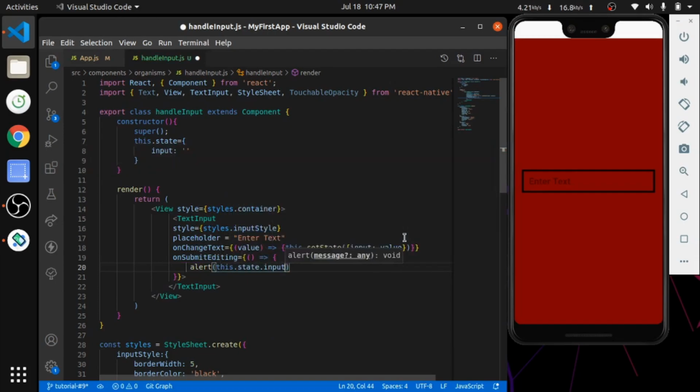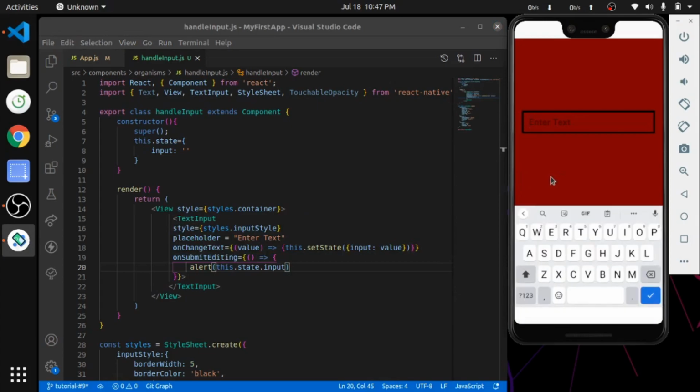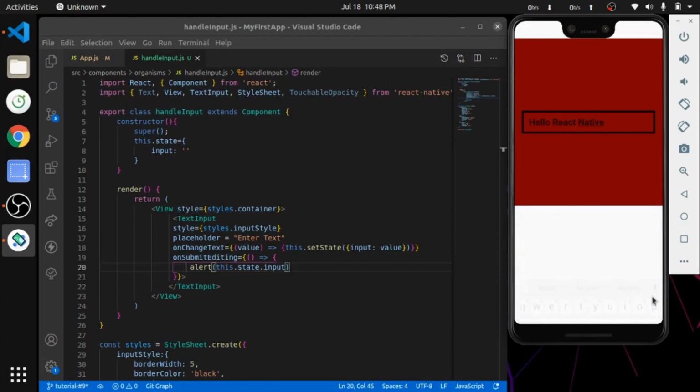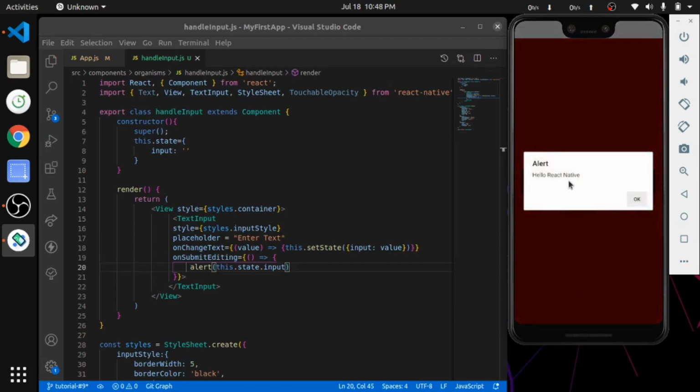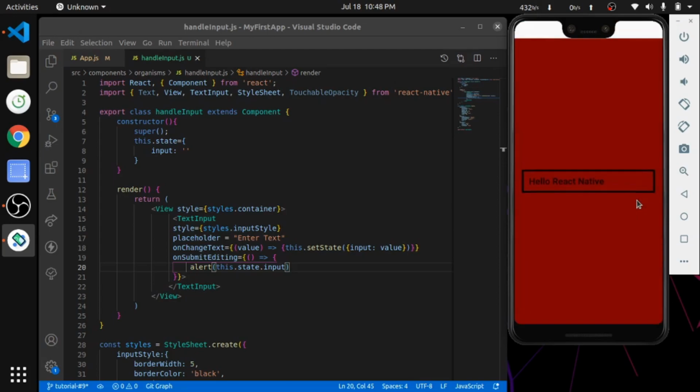So when I hit save, state will be clear. Now I am adding some text and click on submit. You can see alert box is showing up and it is showing hello React, which I type in the input box.